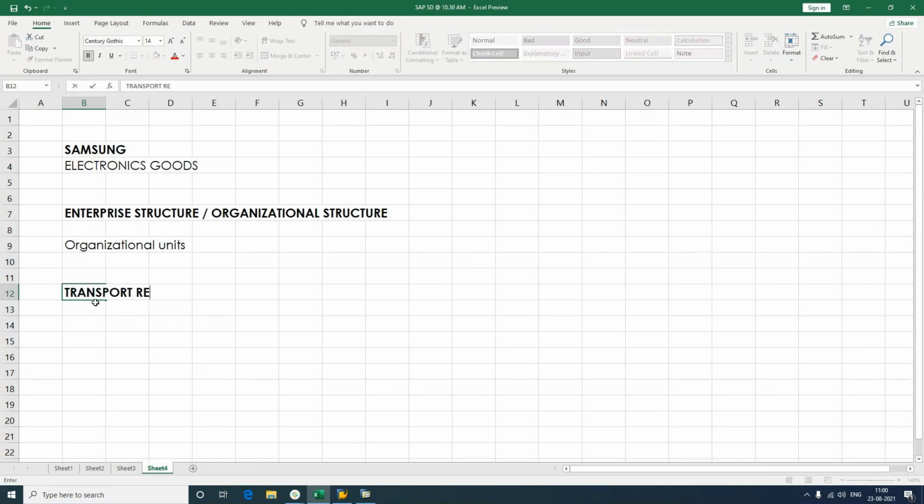We're going to be calling it as what? Transport request. What is the use of this transport request? With the help of this transport request, we are going to be transporting the data from server to server. If you want to move the data from one server to another server, we take the help of transport request. Or if you want to move the data from one client to another client,